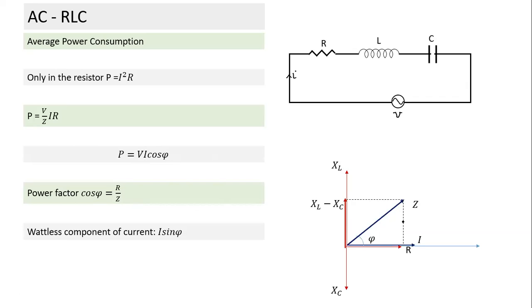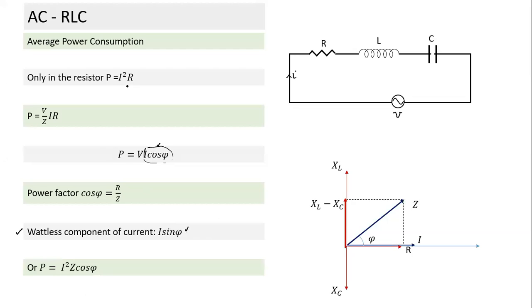When we take I cos phi, it is the component which is causing power consumption. As I mentioned last time, though it is not a great concept, it is commonly used: what is the wattless component of current? I cos phi is the power consuming component. The other component is the wattless component, which is perpendicular to V. I sin phi is the wattless component. That's all, nothing more we need to know about this.